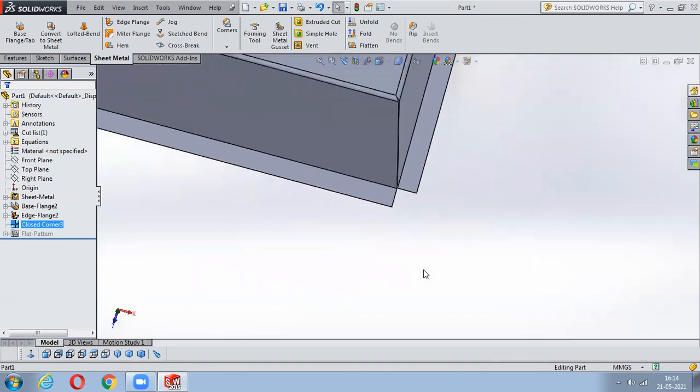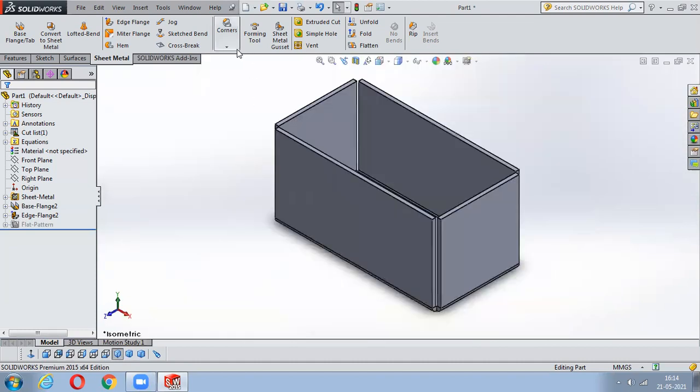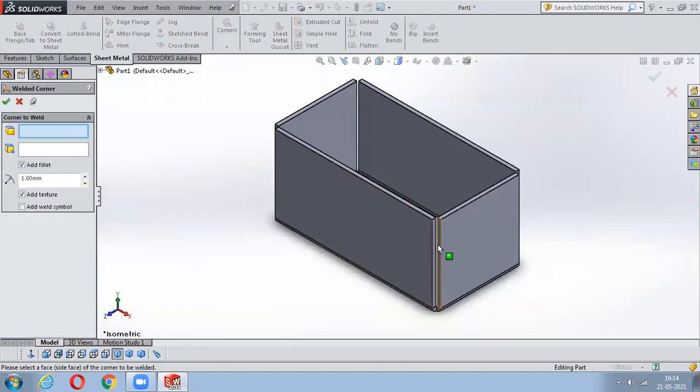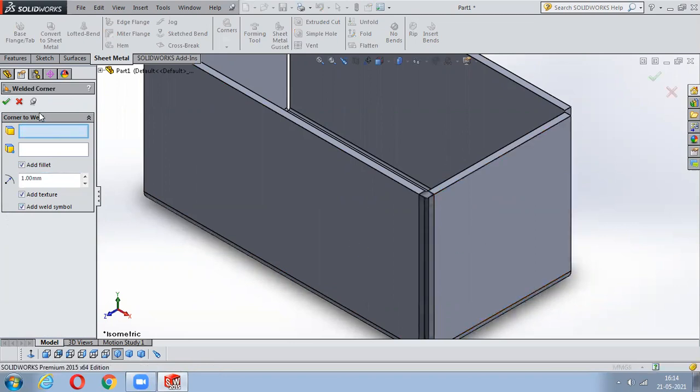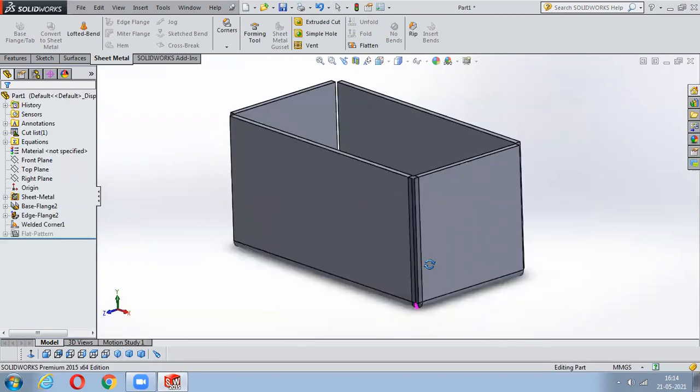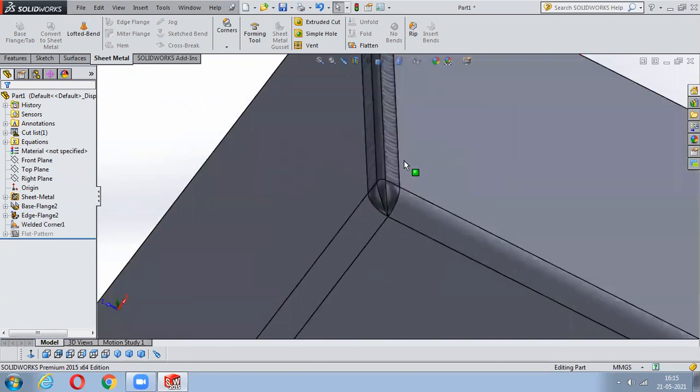Yes, sir. To overcome those gaps, the only option we have is called weld corners. Once you weld these corners, add a texture to it, add a fillet symbol, and add texture. Once you say okay to this, it will be so fully welded that each and every tool will be switched off. That means if you are applying welding on your sheet metal, at that time you have to stop. You can't apply extra operations on the sheet metal. This is the end part of your sheet metal, which is called welding.